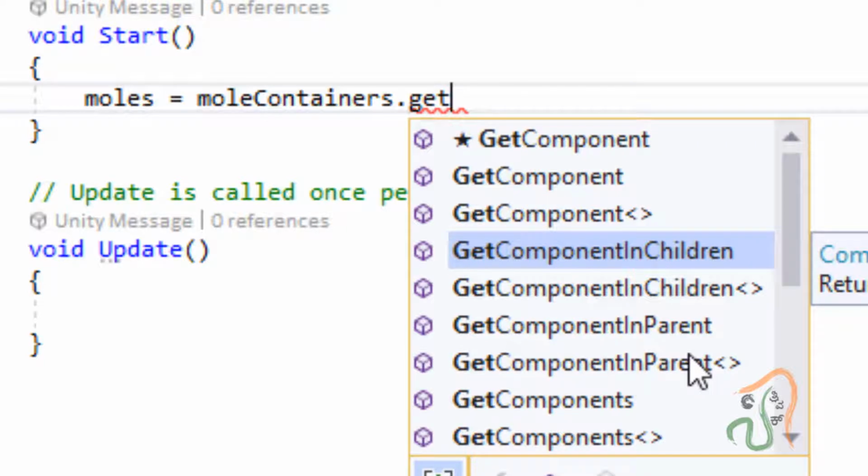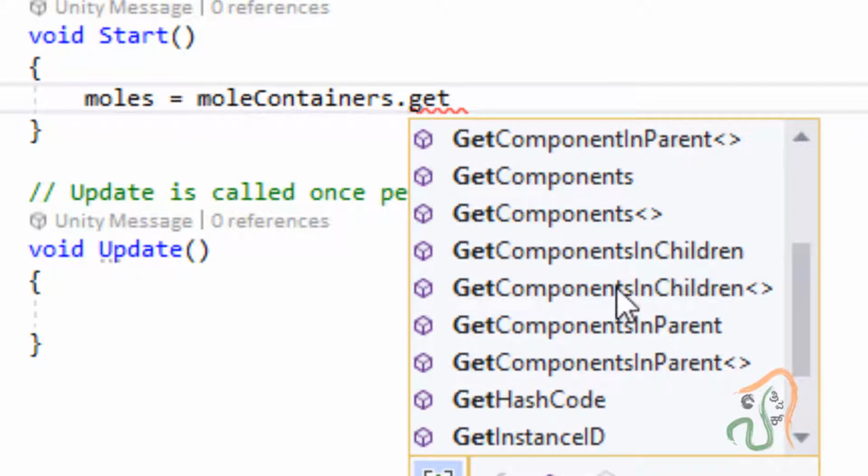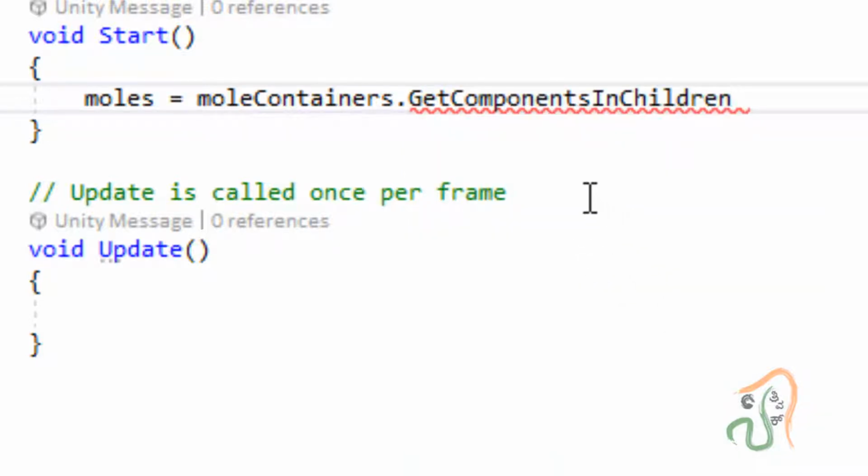If you scroll down, you have it here. Even if one letter is missing, it matters, because get component means it is going to get only one component in that mole container, but we want all the components, so we have to use get components in children.